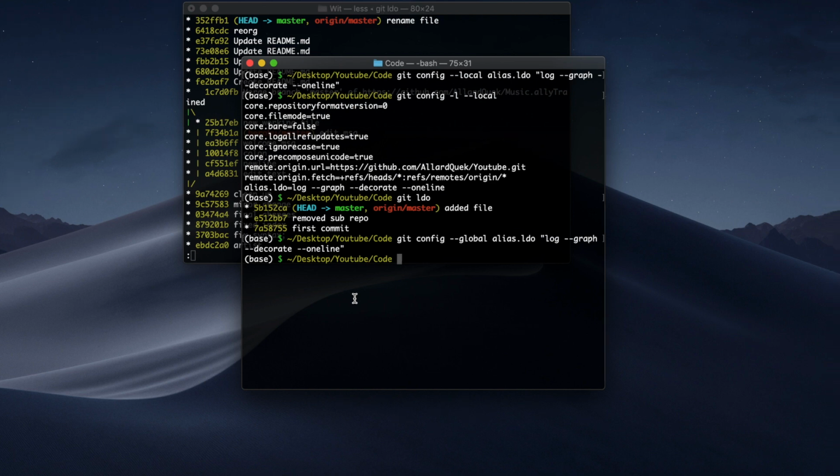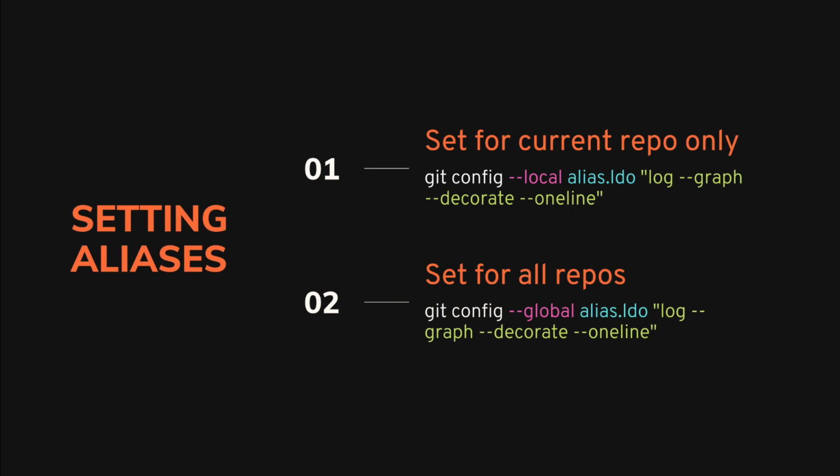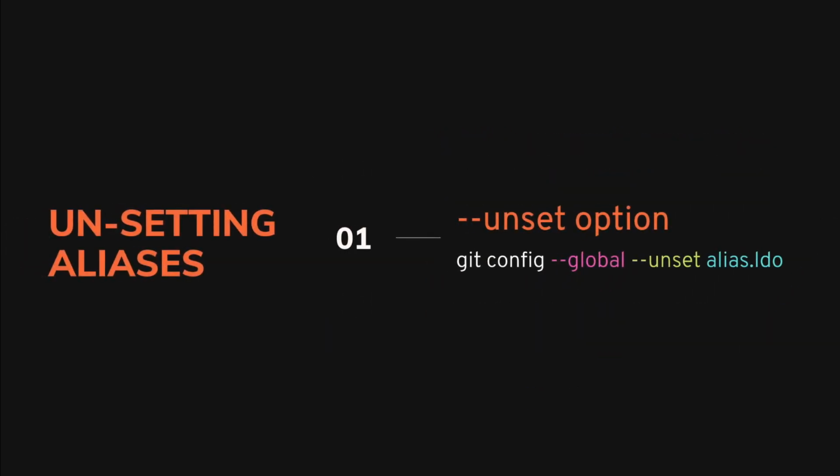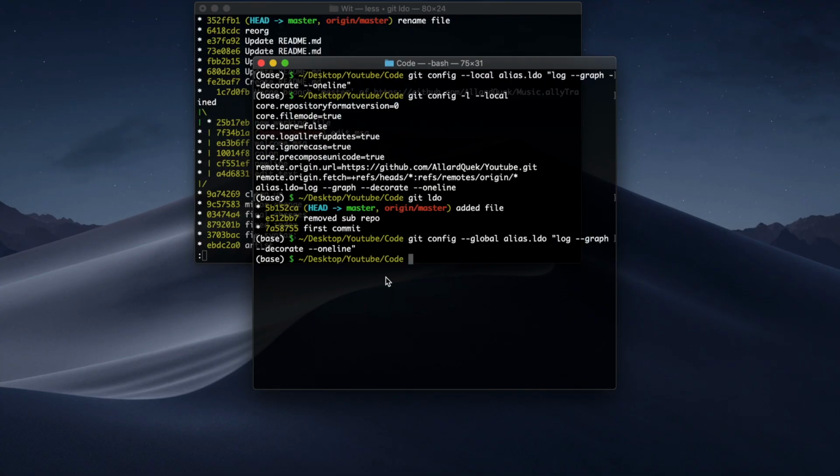Now one last thing I would like to show you, which I think is really important, is how to unset your aliases. Because you might be exploring a lot with your aliases, and if you find out that you don't want a particular alias anymore, then the way to do that is to append this --unset option to your git config command, and that's going to work. So to undo this alias that I've set, I would do git config --global because it is a global alias, and I do --unset and tell Git which alias I would like to unset. So I'm going to unset the